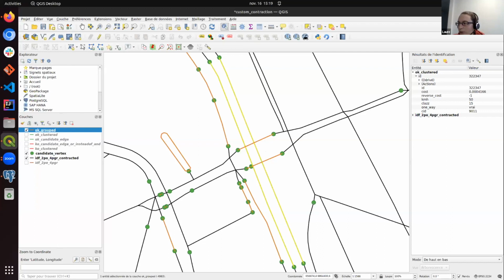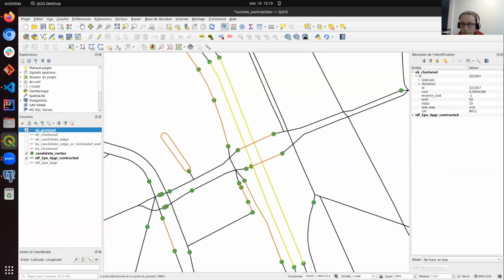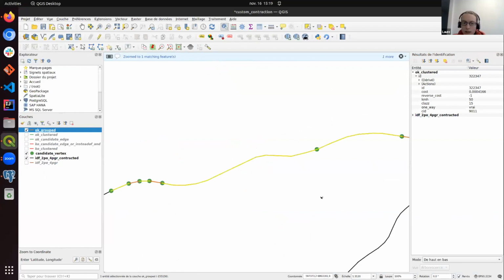And another case where we have issues, let me just select the other one. Here, for example, we have a line. You can see that it's really one of our issues. It's one line and it's still split in many, many segments. So we want to merge those, but as we want to keep the attributes, we can see here that it's split because we are changing attributes.